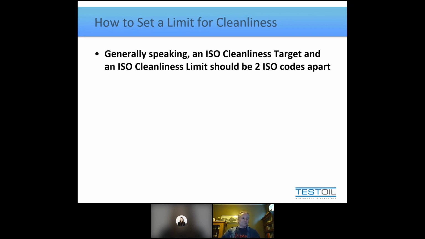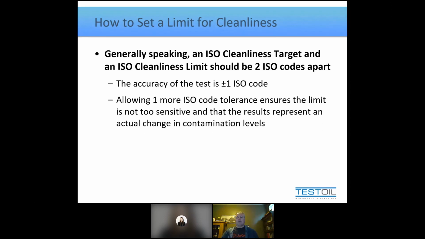Because here's the big point. One of the key takeaways I have when I discuss the test is the accuracy of the test is pretty much give or take an ISO code already. So there's about 100 to 150% difference between any two results, meaning they can just about double between two readings on the same instrument. So the test has really got a lot of noise in it. So it's accurate to within about 1 ISO code. So you should give yourself a little bit more buffer than that. And that's my comment here, is that give yourself that 1 extra ISO code so that you know that if it changes by 2 ISO codes or more, now is time to take action, right?